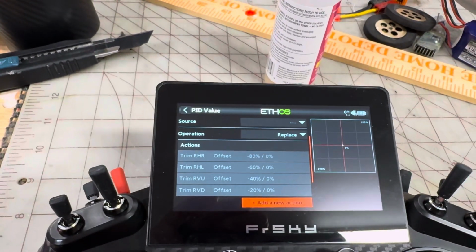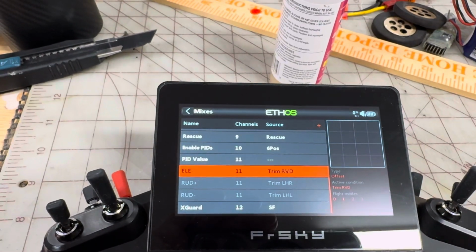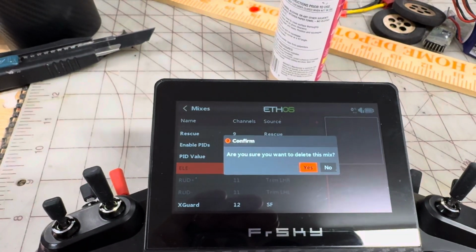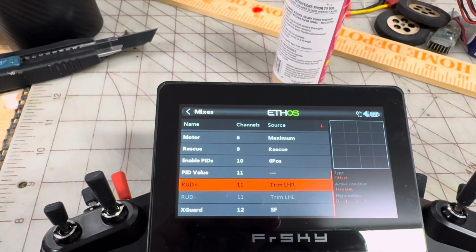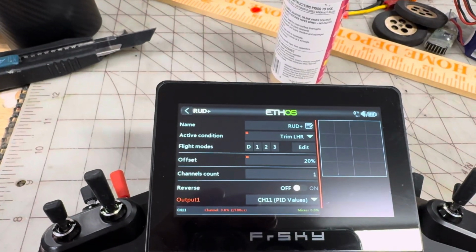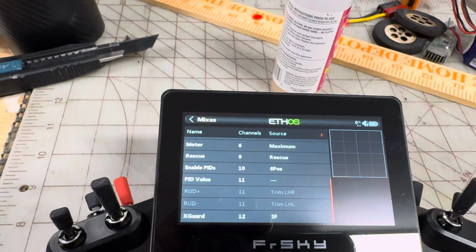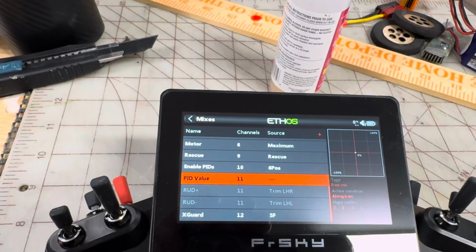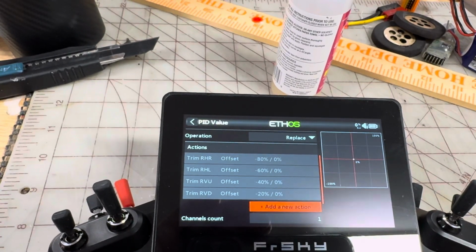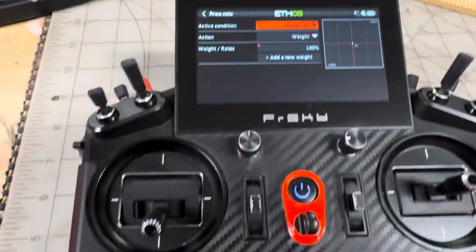And if you go back and look at the one that was there, actually we've already got that one, so we're going to remove that. So we just have to do the yaw values. If you look at that one, it is an offset of plus 20. So we're just going to go into our PID value mix. We're going to go down to the bottom. We're going to say add new action. Active condition is going to be